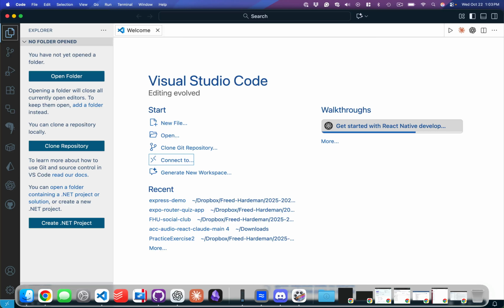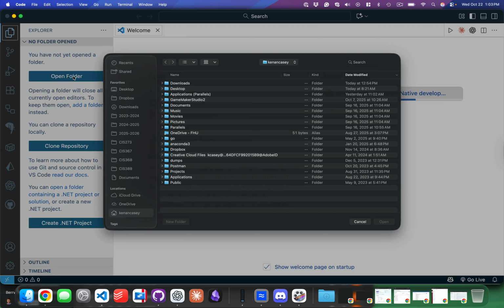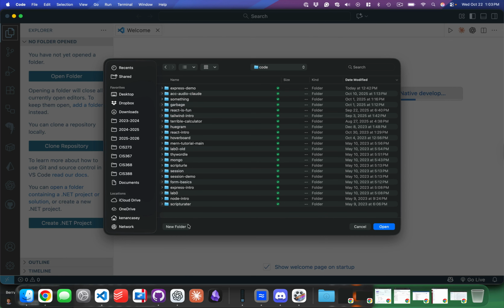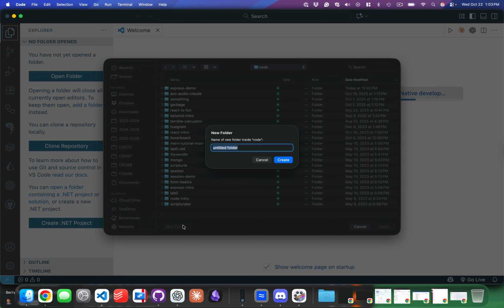So we're going to make our first Node and Express app today and understand the basics of how to create a server, how to launch the server, how to browse to it, how to send and receive messages from it in the simplest possible case. So I'm going to open a folder in the place where I put stuff for this class, and I'm going to call it the Express